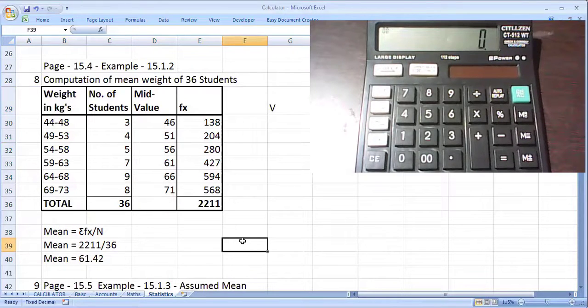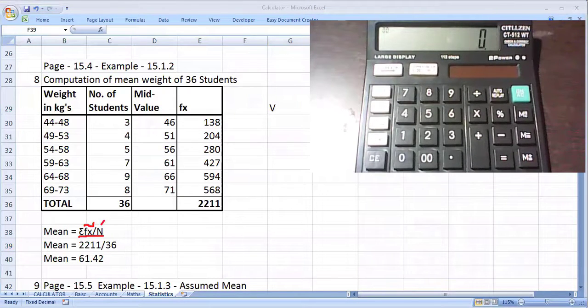In order to do these things, first, what is the formula? Make up your mind. What is the formula? Sigma fx by n. So in order to get these values, sigma fx is required, n is also required. So we will do the sum, right? Okay. Whenever we are calculating the values, start with the denominator. If you want to complete the entire sum with the calculator, then start with the denominator value. So what is the n value now? 36.